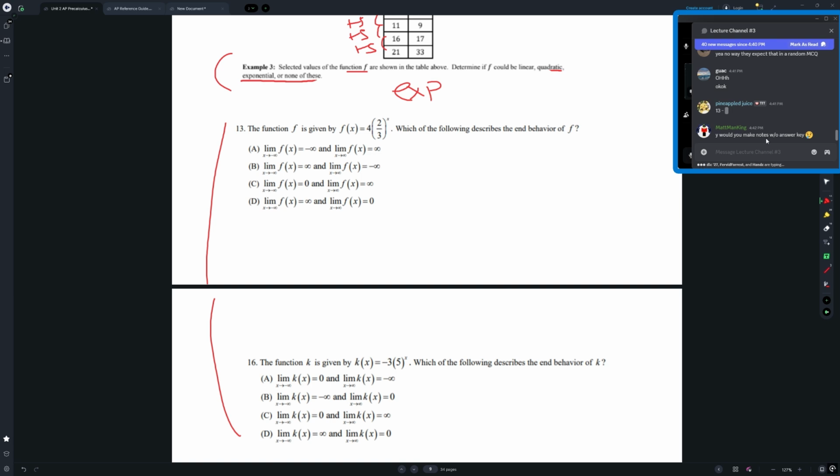Because last time I posted the answer key, it did not work out so well. People said it was unorganized, so I didn't put the answer key this time. I have the multiple choice answers because they're from a packet I posted in the Precalc channel, but